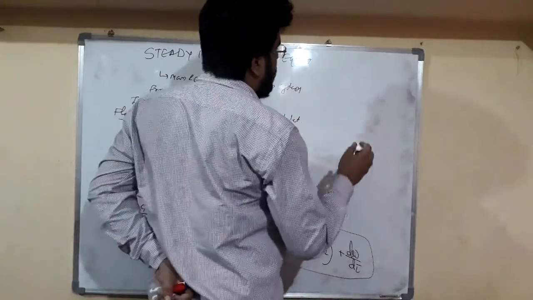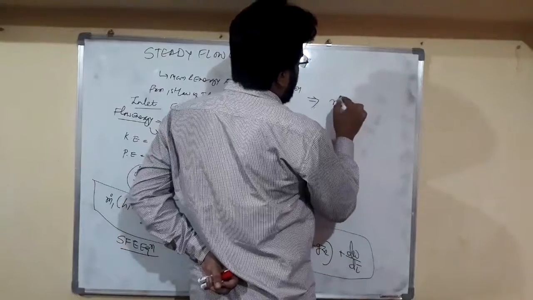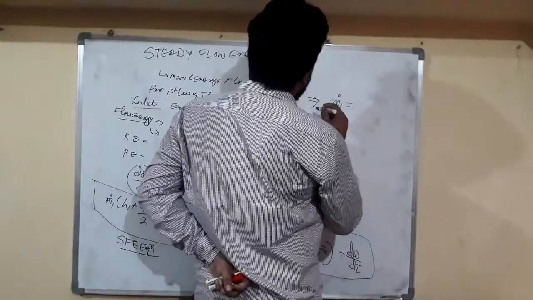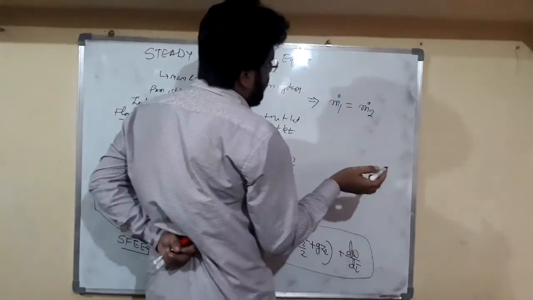Now friends, as this is the steady flow energy equation, the mass flow rate is constant, so m1 at inlet is equal to mass flow rate m2, and friends, it equals to